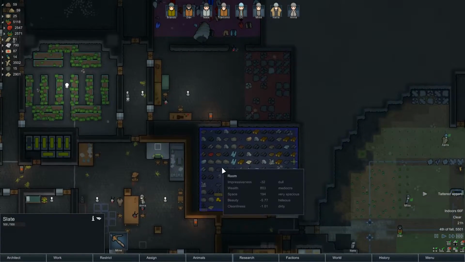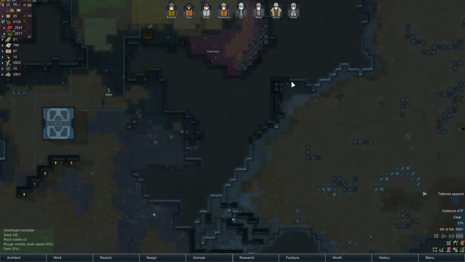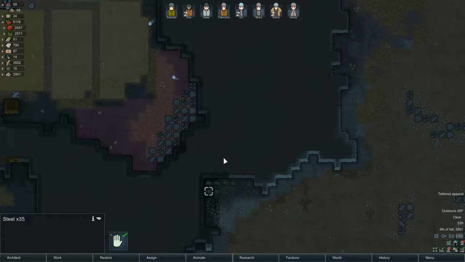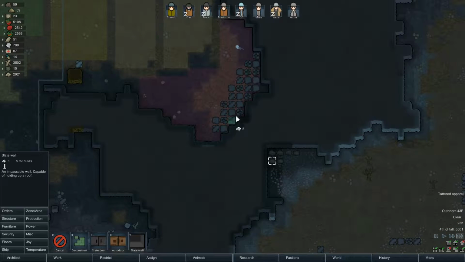How much steel do we have now? I know I've been telling them to constantly keep mining steel out. Alright, so we have a good chunk of steel. They could potentially try to come in this way, and I am very conscious of that. I'm contemplating about...